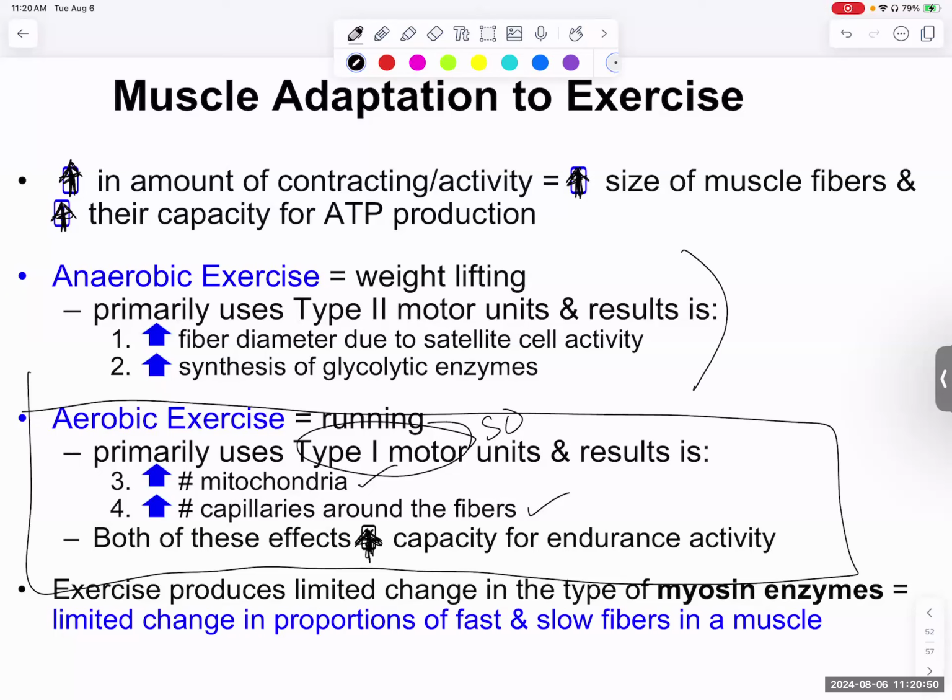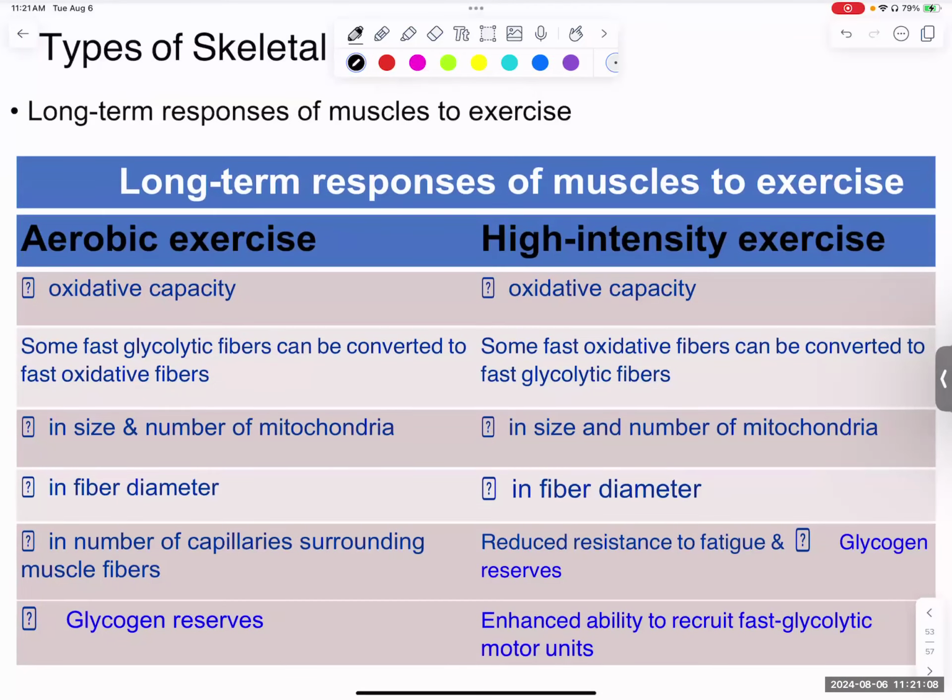Versus anaerobic, weightlifting, sprinting, we're increasing the number of myofibrils in a muscle fiber. We can also increase the amount of glycolytic enzymes. And so training adaptations are really specific to the type of training you're doing. So you can increase the oxidative capacity by increasing the size and the number of mitochondria. You can convert the fast oxidative glycolytic fibers to be fast oxidative fibers, increase the amount of capillaries,